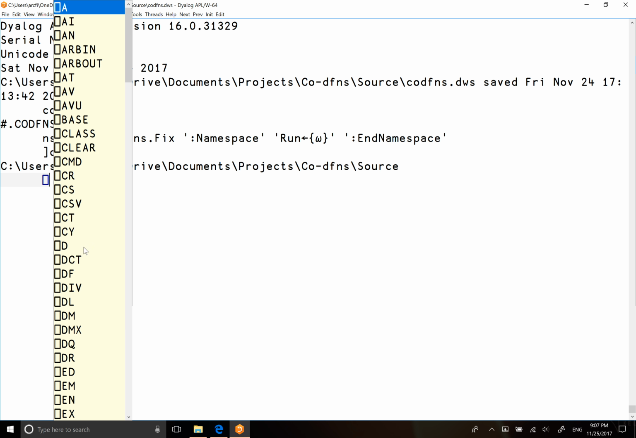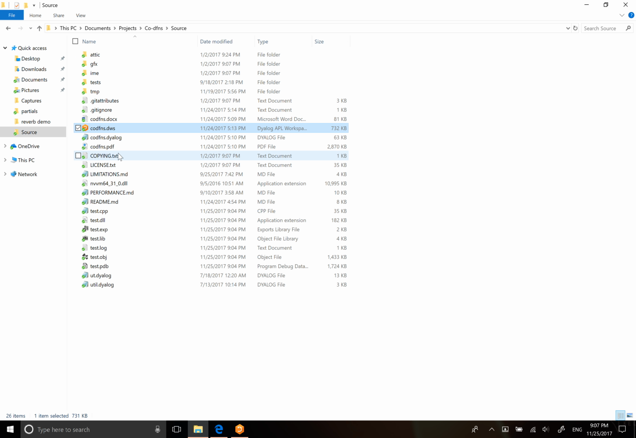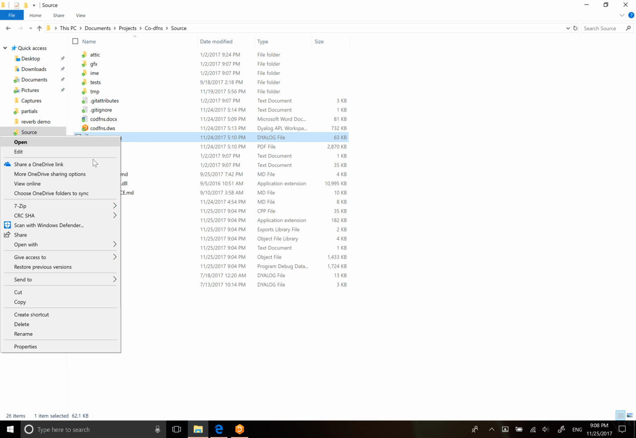Now, a lot of code can be converted using quad source, but that's only if it has already been a scripted namespace. So the new interface is now a user command. Inside of the repository, as part of the distribution, the Co-dfns.dialog file is now a self-contained user command. So you can copy this command